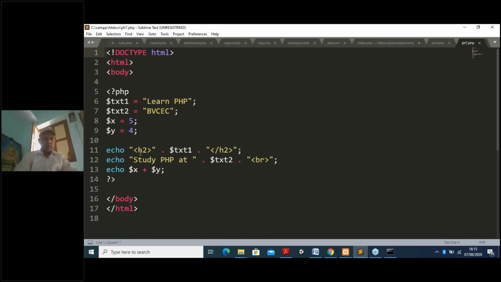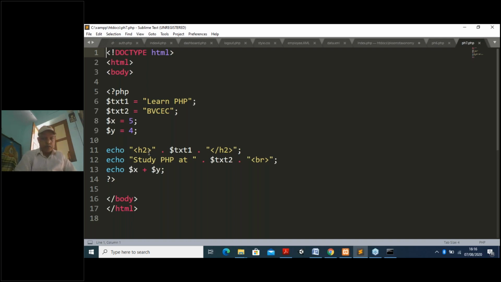Here h2 means heading 2. So you can say, sir, there you are using line break, but it did not work. It will not work because you have to put it under tags like this. Okay. So now I was going to echo. Because whatever HTML you want to run under this, you have to put everything like this, first and last, and you have to use it inside this double quotation.